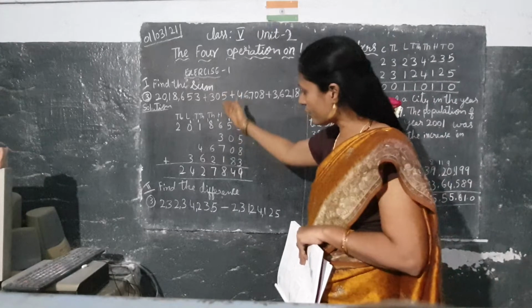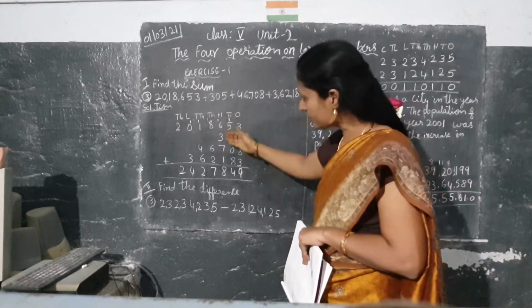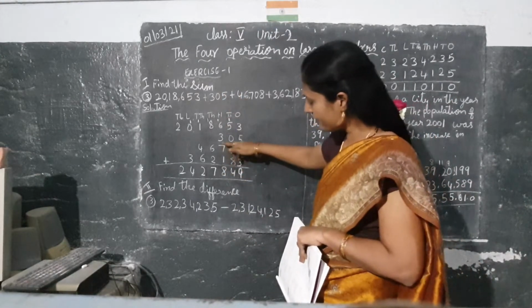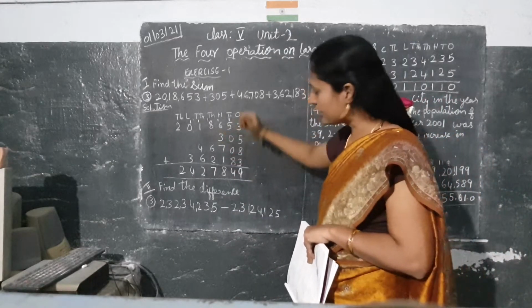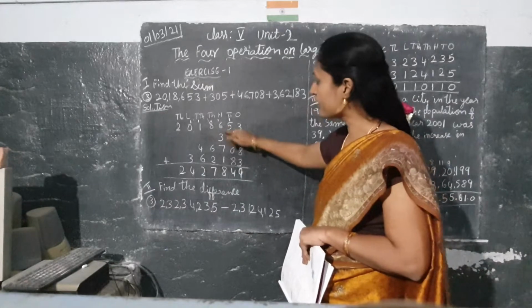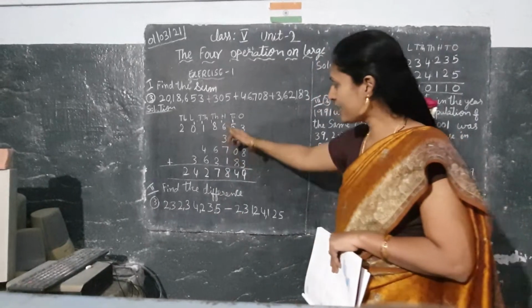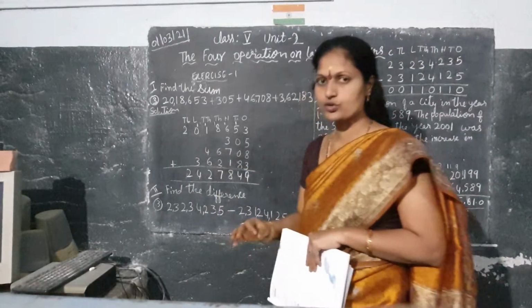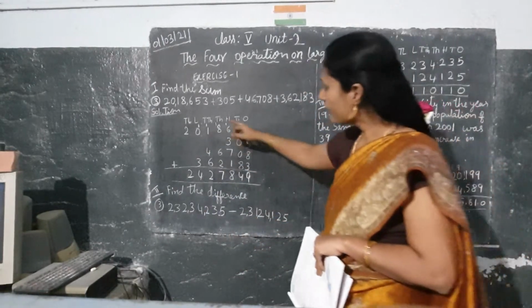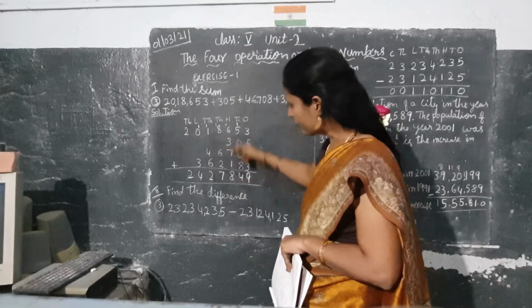Now we will move to the hundreds place. In the hundreds, which is the big number you have to add. 7 plus 1, 8. 8 plus 3, 11 you will get. 11 plus 1, 12. 12 plus 6, 18, children. Okay. 18, you also count slowly and do it. Okay. 1 carry and 8 you have to write.